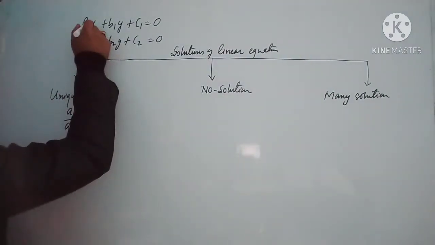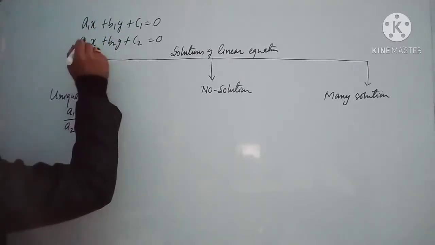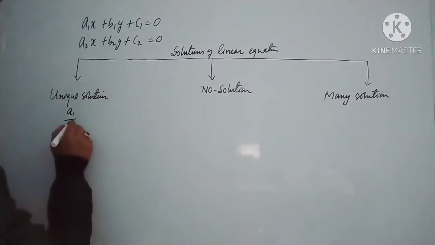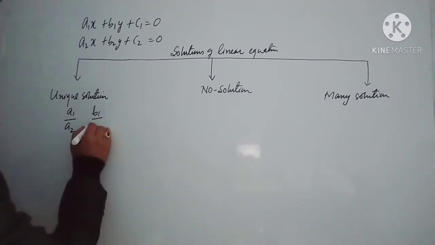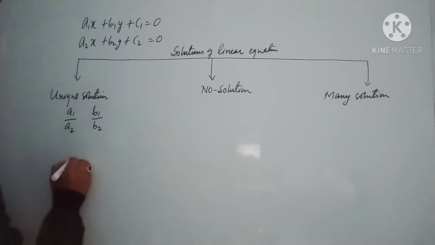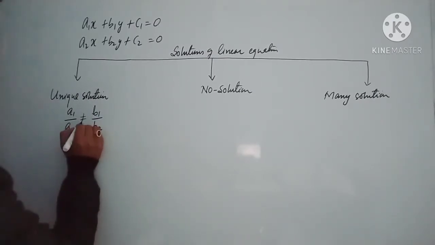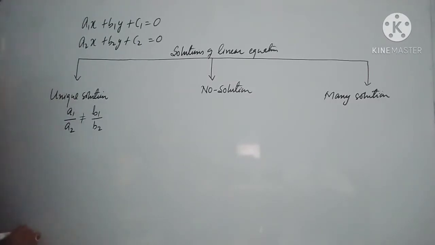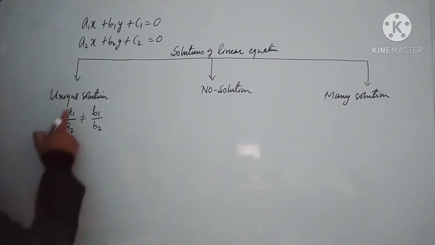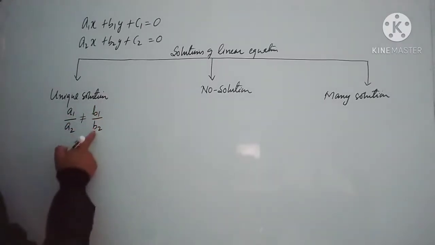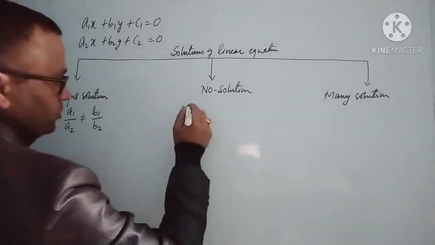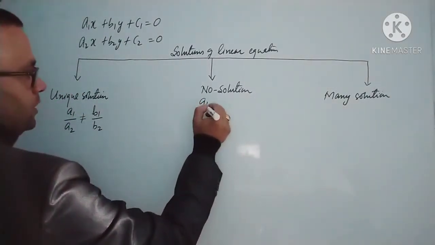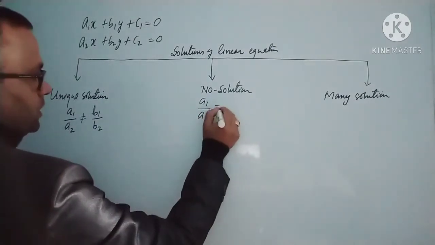If you divide the coefficient of x of equation 1 by the coefficient of x of equation 2, a1 by a2, and the coefficient of y of equation 1 by the coefficient of y of equation 2, b1 by b2, and the ratios are not equal, a1 by a2 not equal to b1 by b2, then the solution will be unique. In no solution, the condition is a1 by a2 equals b1 by b2,